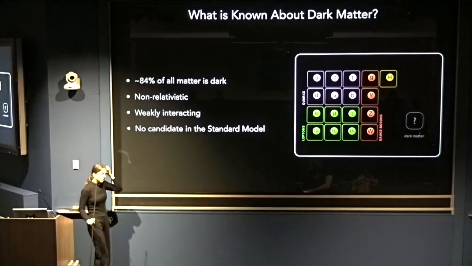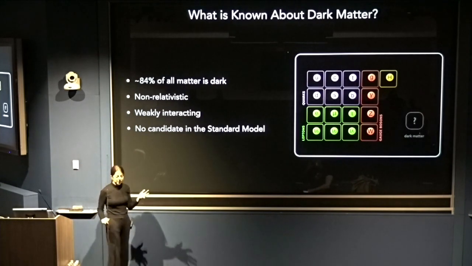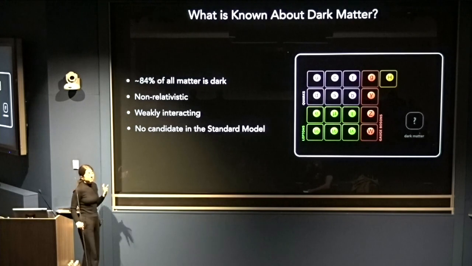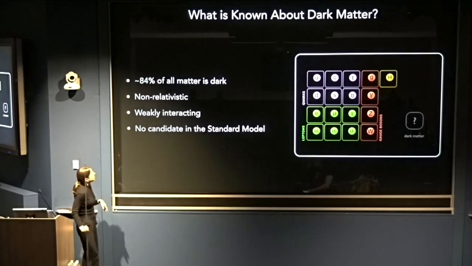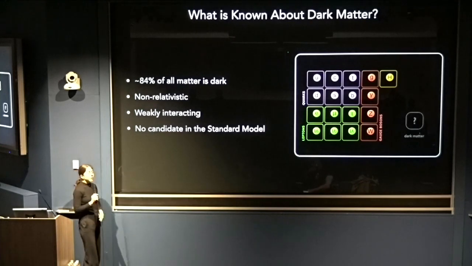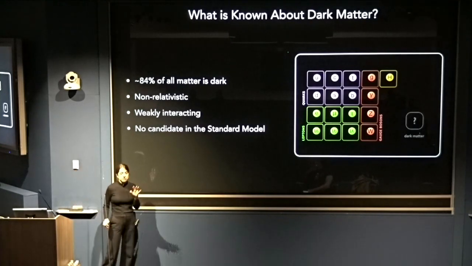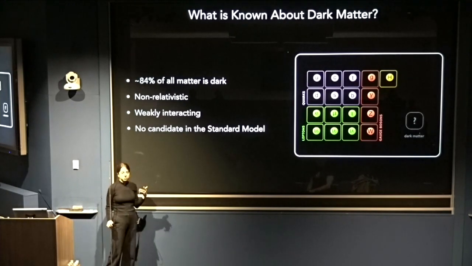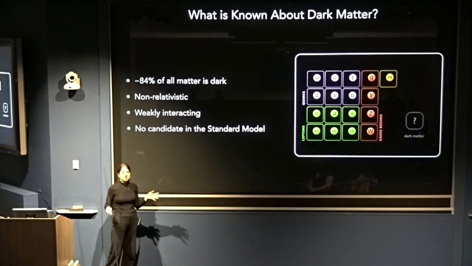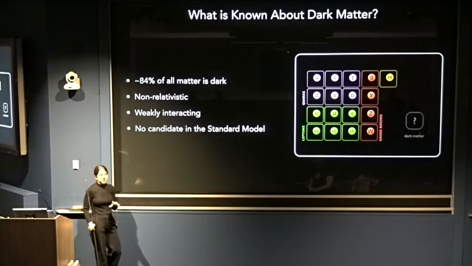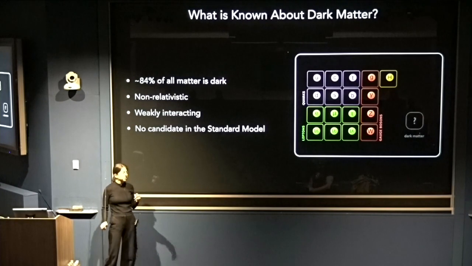So if we take all together all pieces of evidence, of which I've only highlighted some, not all, this is essentially everything we know about dark matter, which may not seem like a lot, but it's what we have to work with. We know that about 84% of all of the matter that exists is dark, which means that 15% is the matter that we all know and love. So standard periodic table of stuff, that's only 15%. The rest is this 84% that we really have no idea what it is.